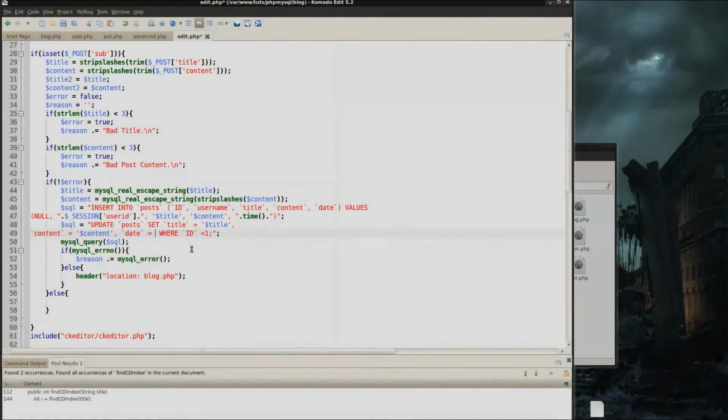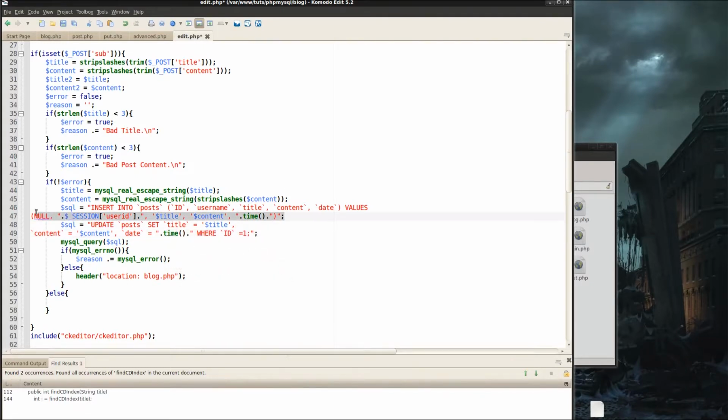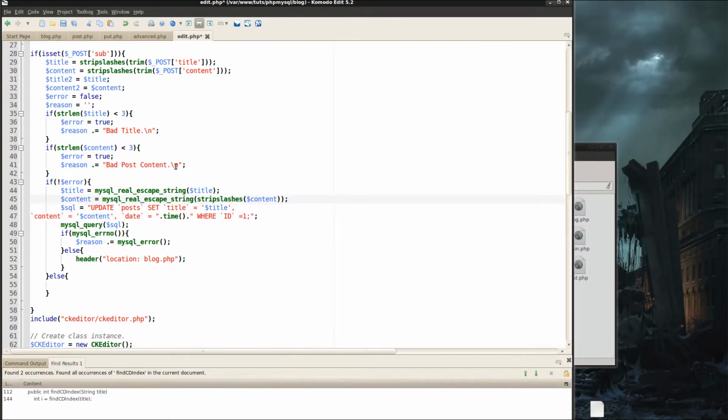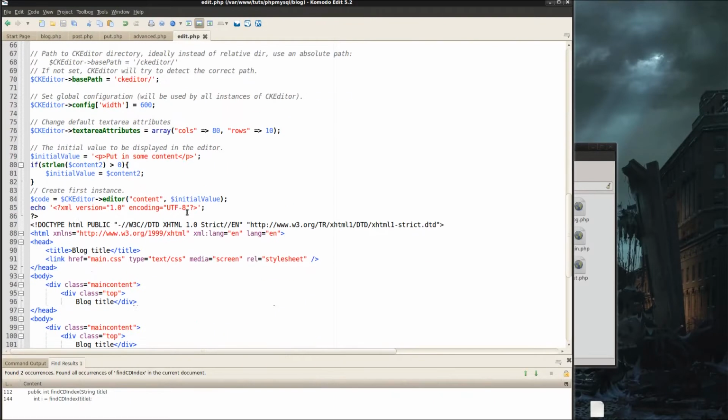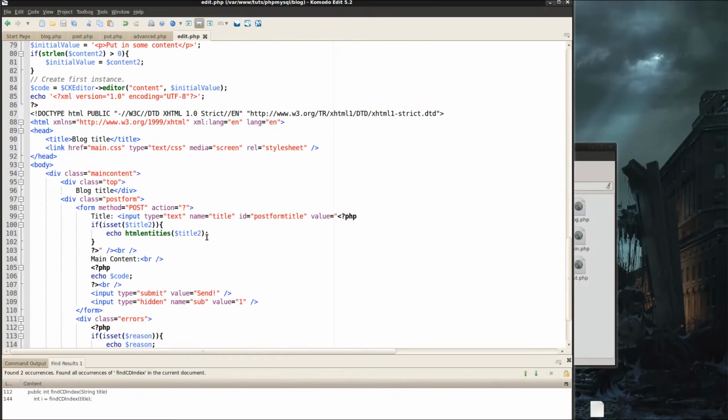I should not put in double quotes, or single quotes rather, inside the SQL, but I'm going to do what I did above, and that's just time. So now I'm going to just get rid of this, and now we should be updating. And it should be as simple as that. So I'm going to save it, and now I'm going to make sure that I